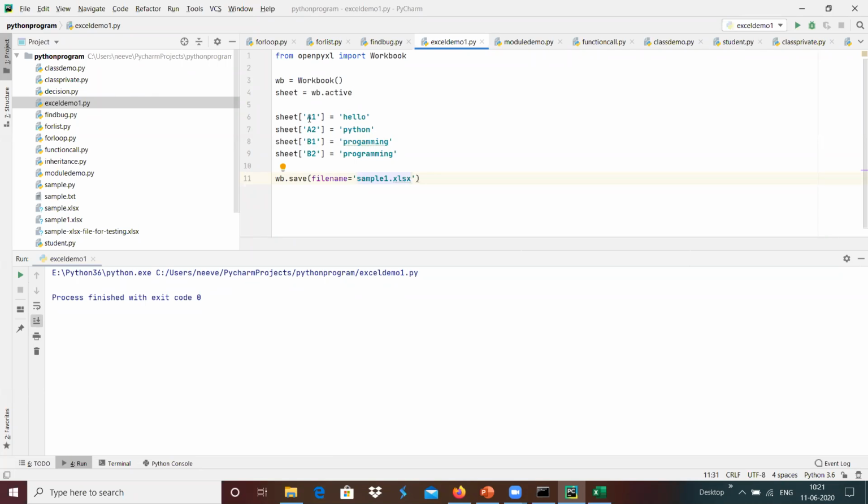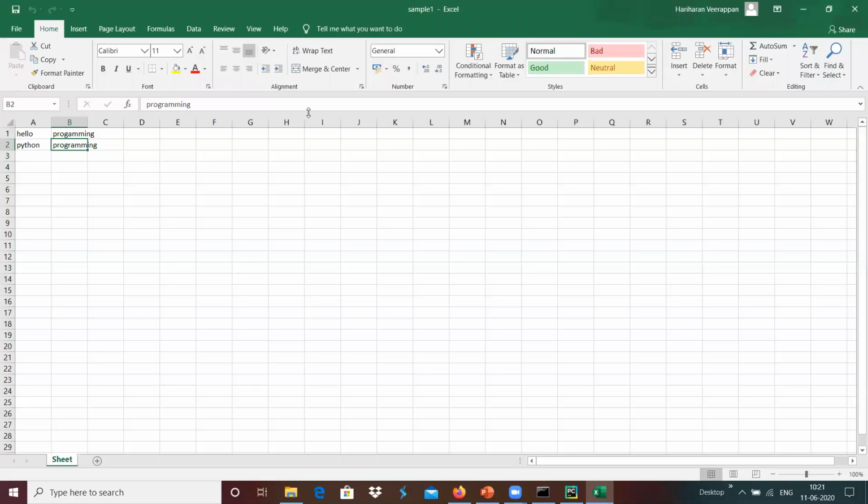Here we can use A, B, C as the vertical columns, and rows are defined like 1, 2, 3. And the cell will be defined like A1 is this cell and B1 is this cell, A2 is this cell and B2 is this cell basically.